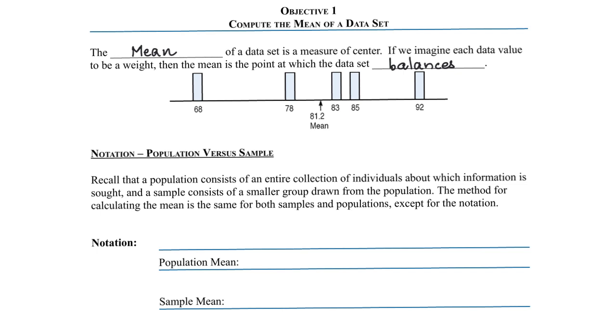For the population mean we usually use the notation mu. This is the symbol for the population mean, mu, and for the sample mean, the notation is x-bar, a bar on top of the x. The formula to compute the mean is to add all the data and divide by the total number of data values. So, if you want to find the mean of these numbers, we will add these numbers